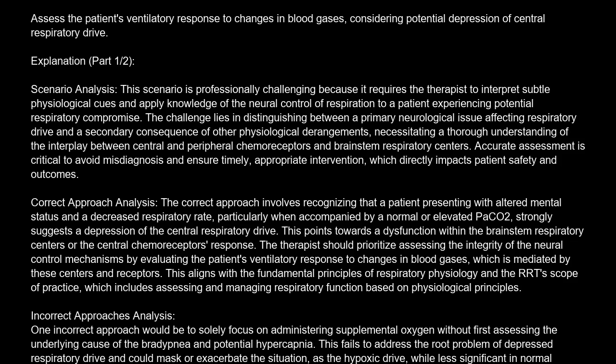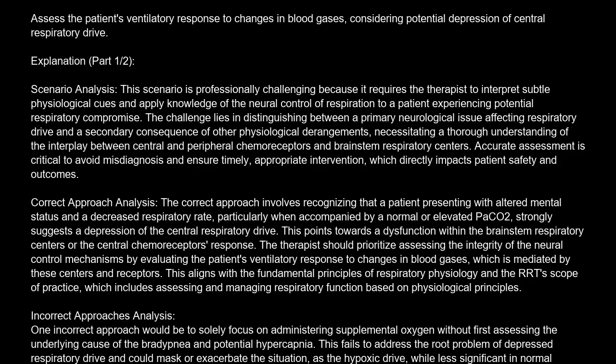The correct answer is C. Assess the patient's ventilatory response to changes in blood gases, considering potential depression of central respiratory drive. Explanation. Scenario analysis. This scenario is professionally challenging because it requires the therapist to interpret subtle physiological cues and apply